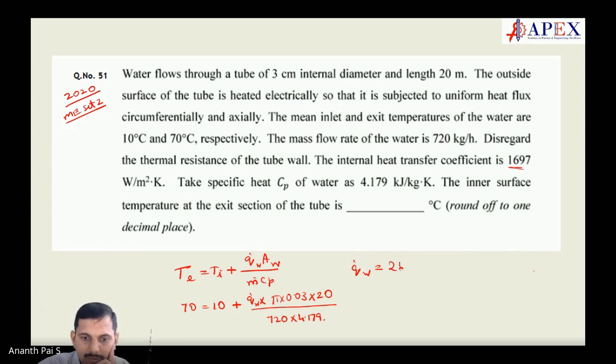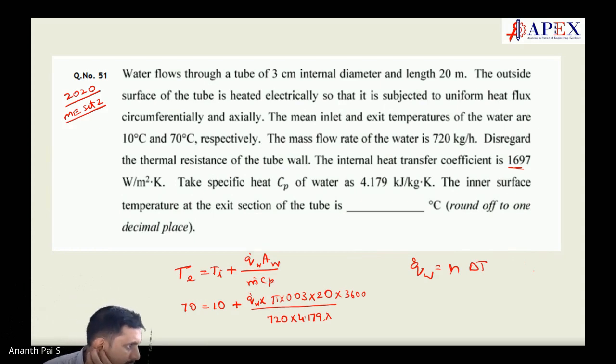26,000. It's not correct. Okay, let's see. Do it and tell me what is correct properly. Get Q dot W. Q dot W is equal to H into... kg per hour. I'm sorry, 720 is kg per hour, so you have to multiply by 3,600. Make the correction properly. Q dot is 26 kilowatt. So Q dot W is equal to 26.6 kilo, so 26.6 into 10 power 3 is equal to H,